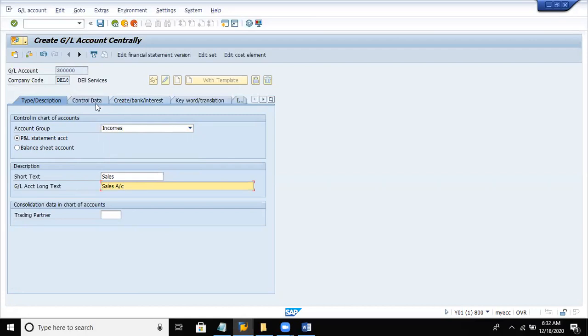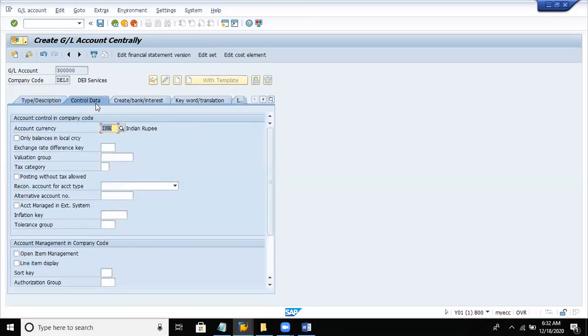Okay. Click on control data tab. Now here, very keen to understand, as usual, check the box open item only balances in local currency. Now, we need not check the box open item management for incomes and expenses. In other words, we need not activate open item management for P&L account statement accounts.